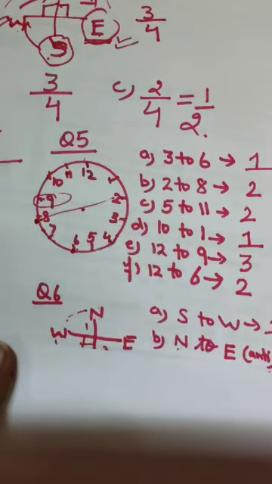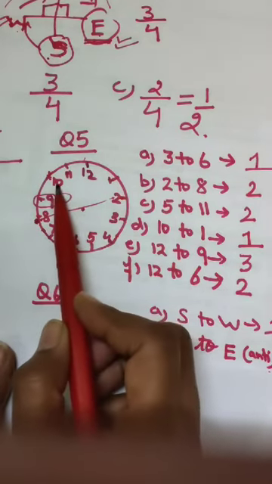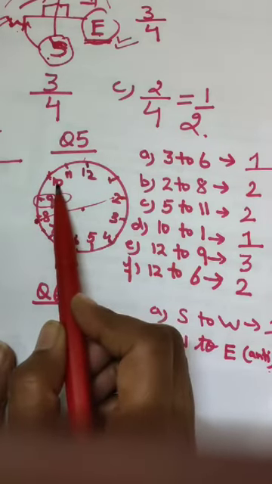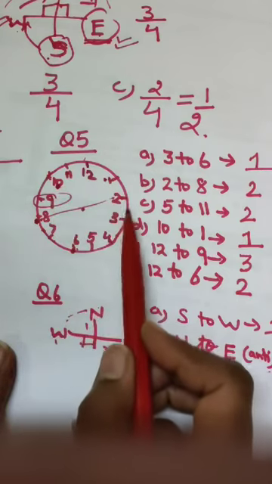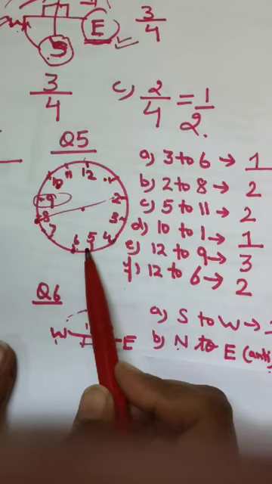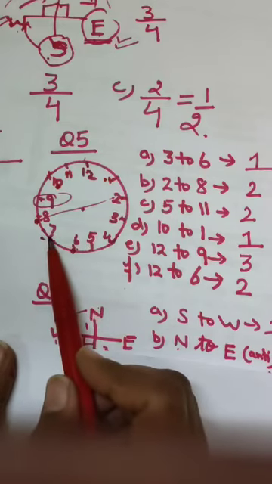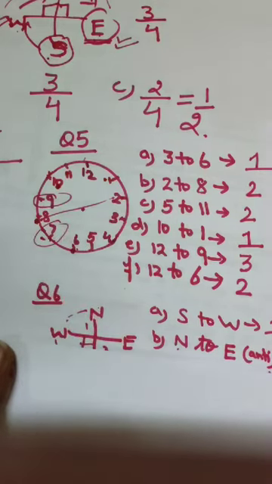C part is, it starts from 10 and turns through 3 right angles. Start from 10 here and turns through 3 right angles. 1, 2, 3, 1 right angle. 1, 2, 3, second right angle. 1, 2, 3, 3 right angles. So it will stop at 7.